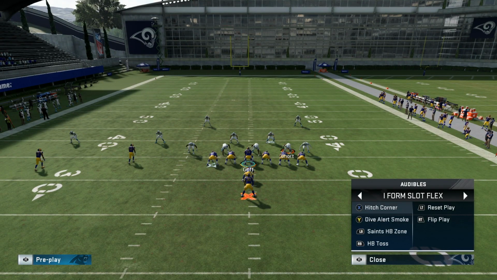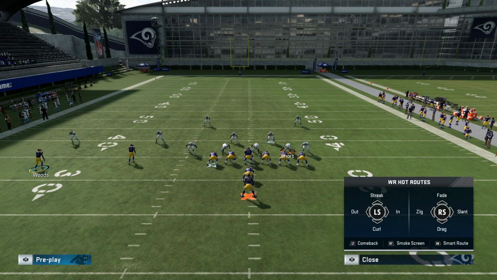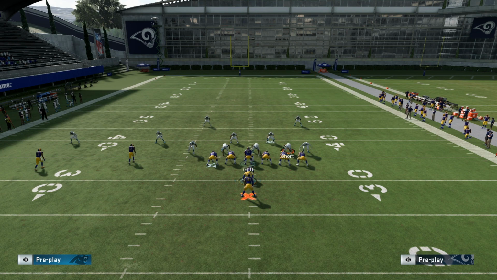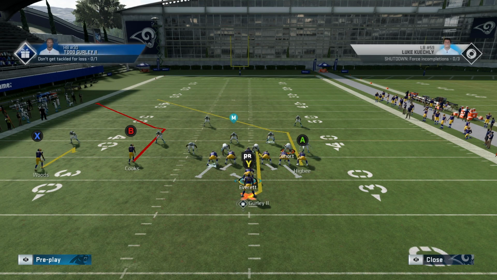Next up, I'm going to go over this hitch corner. Now, this hitch corner is a very good play stock. You guys see we have that hitch on the left side, which I was talking about earlier. I love the hitches on the wide side because you obviously can't audible to them. So anytime you find a play stock, it's great. Creates a good high-low already with Cooks and Woods. Now, the only adjustment that I'm going to make is to